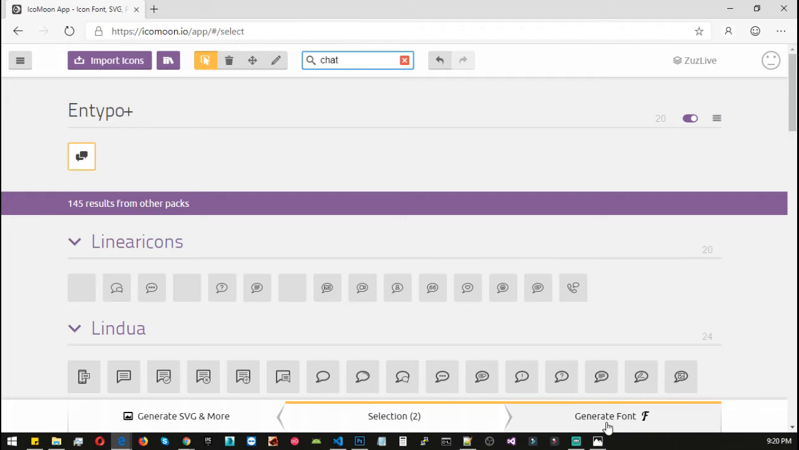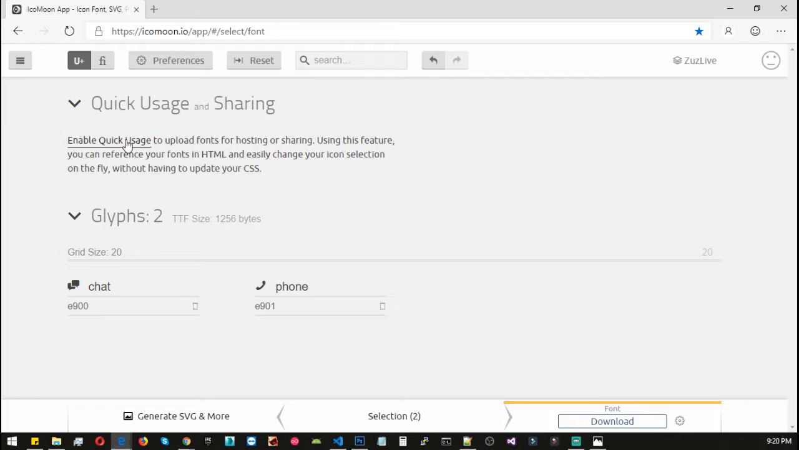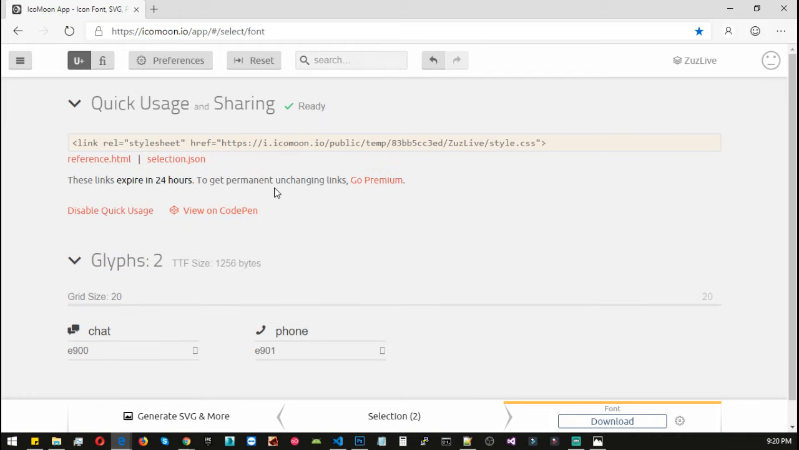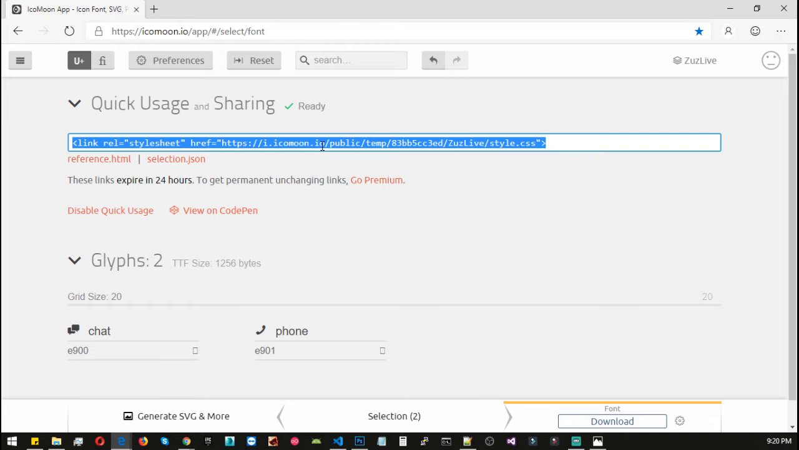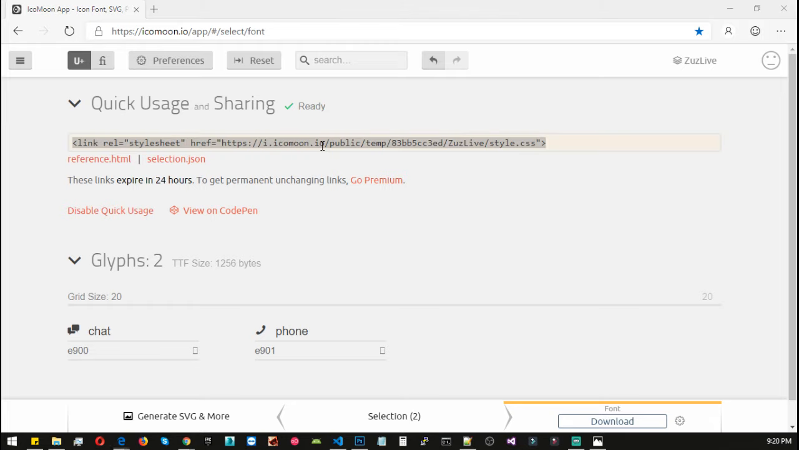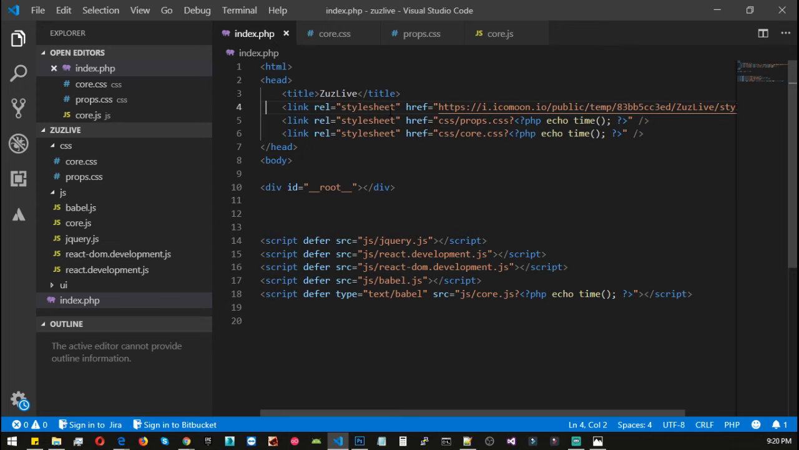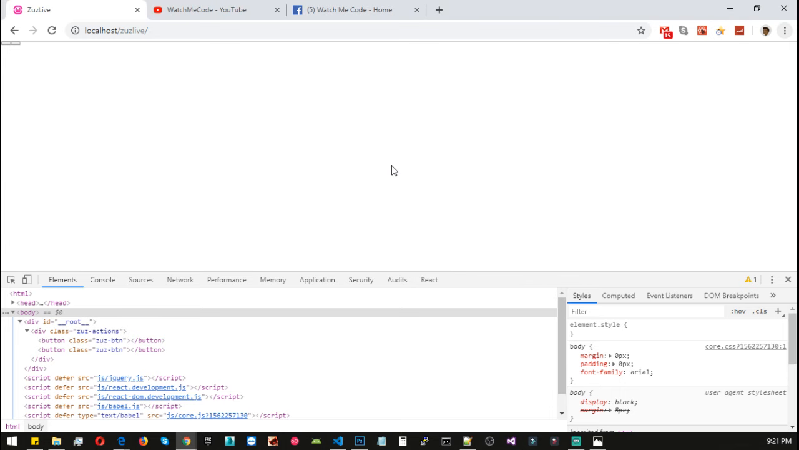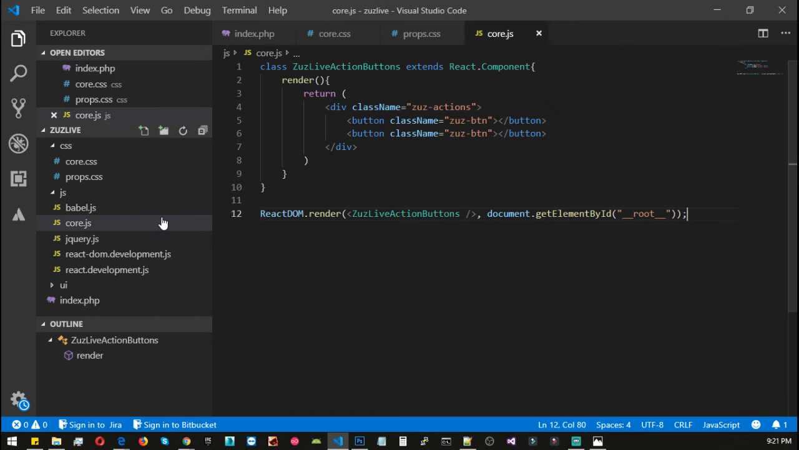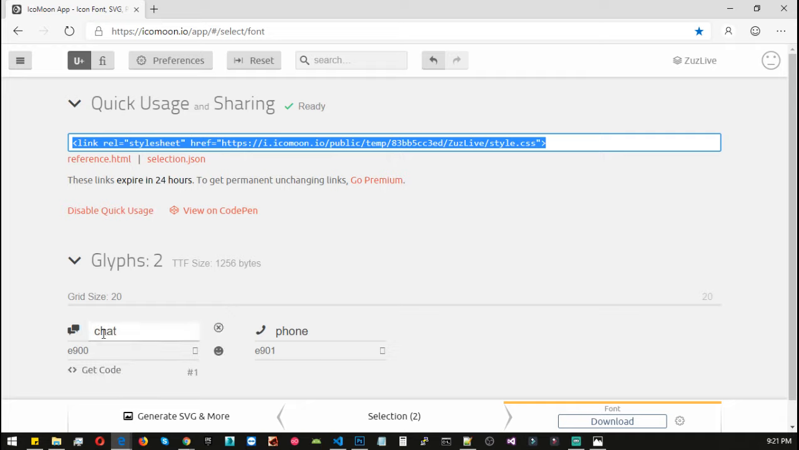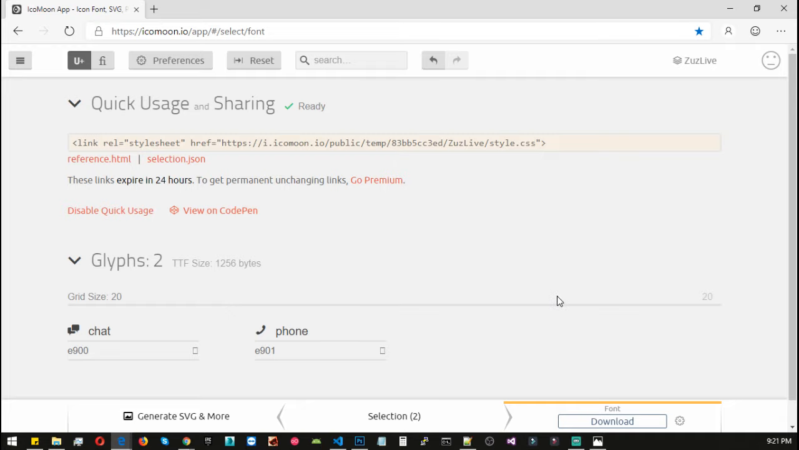Great. Select, click on generate font, and click on enable quick usage. It will generate a temporary style sheet URL. Copy, go to our index.php and paste inside head. Now we need to go to core.js, and let's add a prefix of icon and use the name of the icon. And if you want to know where I get the prefix, if you click on